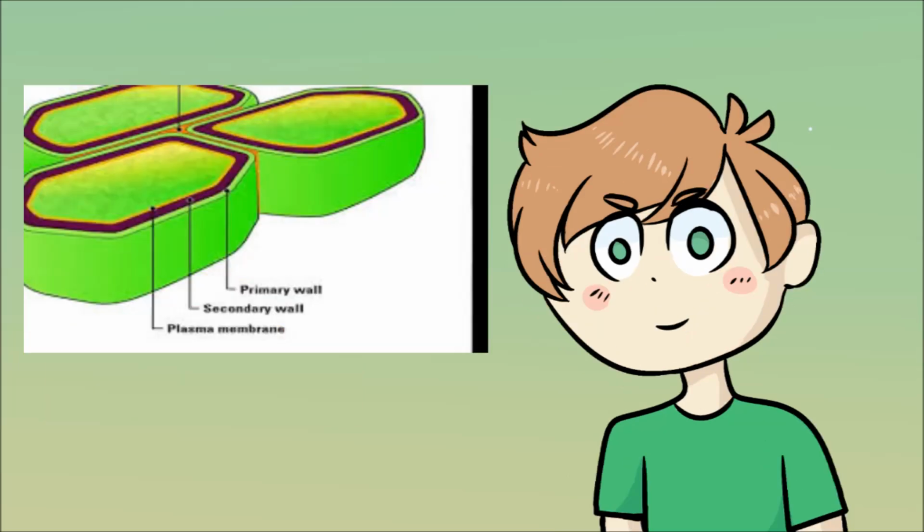Next up is the cell wall. Interestingly enough, this is only found in plant cells. It's harder than the cell membrane and surrounds it in the plant cells. This is a major reason that plants have sturdy stalks that hold them up. Other than that, there's not much to the cell wall, and if there is, I'm not talking about it and